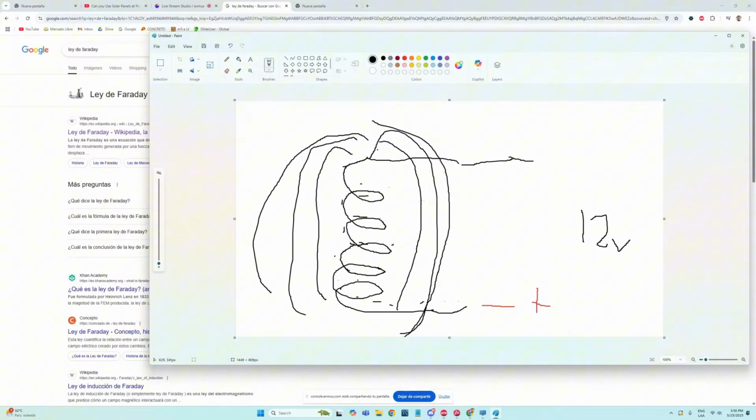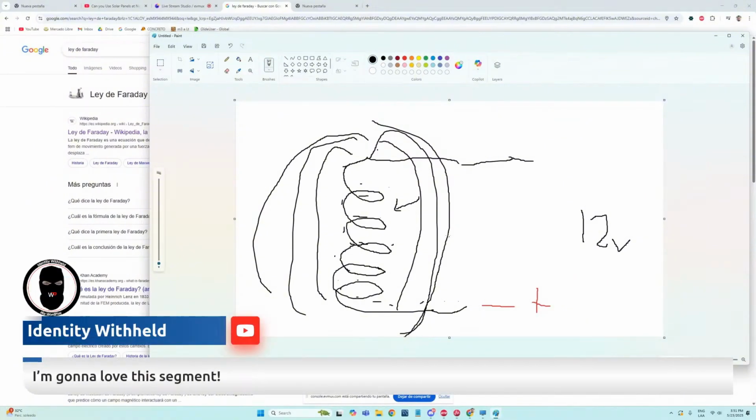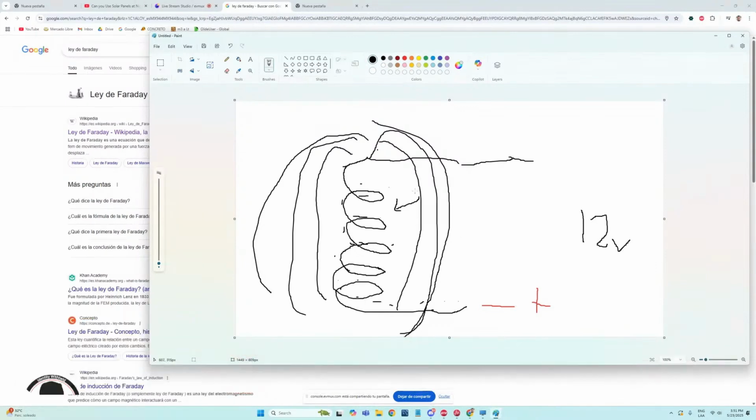So the magnetic field still exists at that point in time, because it did not go anywhere. It's not like it's going to instantly disappear. Theoretically, it should disappear, it should go away. That's in theory, but in reality, it seems like that's not happening. And what's happening is that the energy